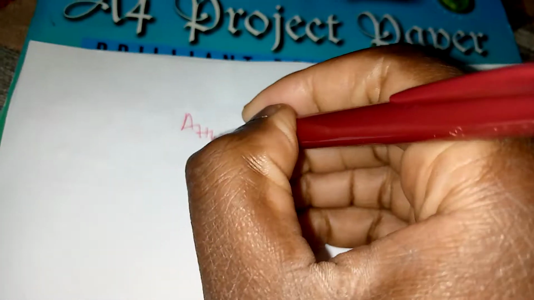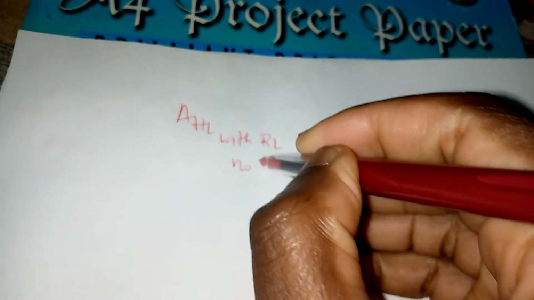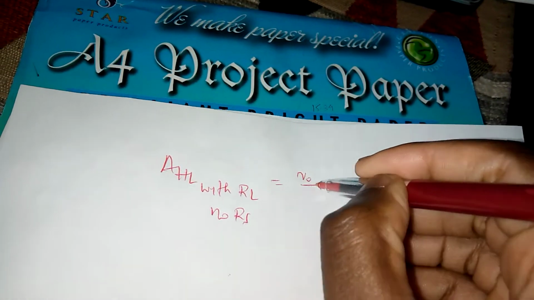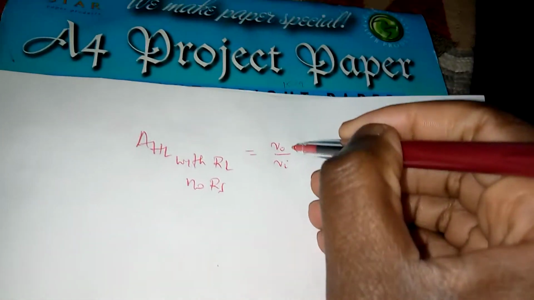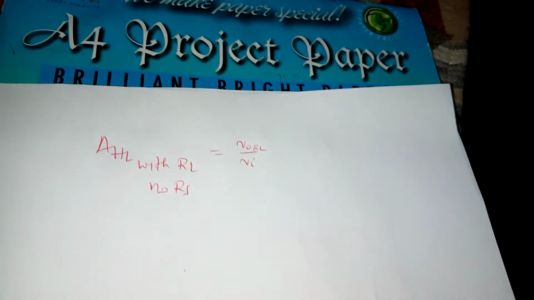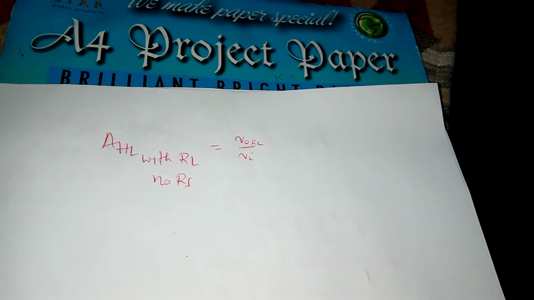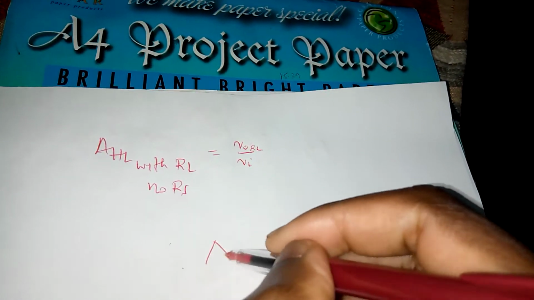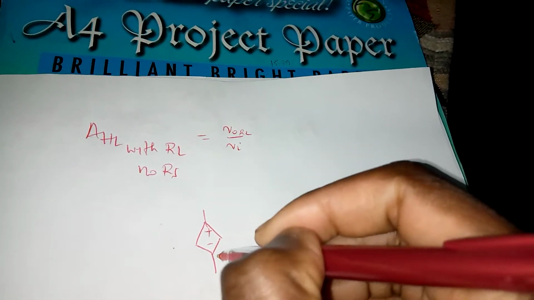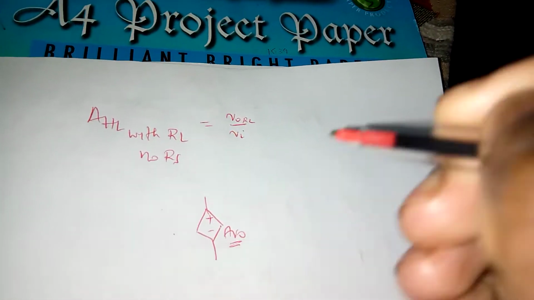Let's also look at the half loaded gain with RL, no RS this time. So one of the two, but this one being present is RL this time. And this is V out over V in, but V out where there's RL basically, with RL connected. We should emphasize on that because on the output side, the generated amplified by open loop gain, of course, of